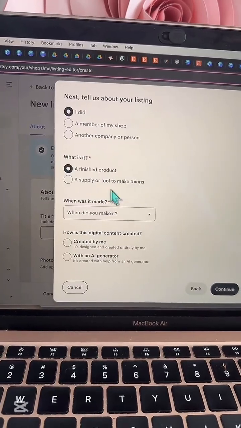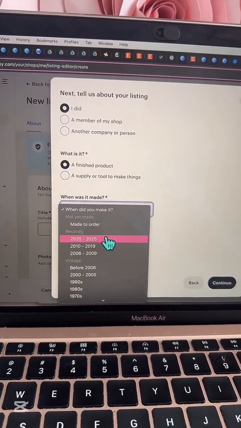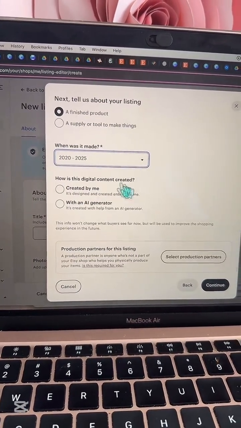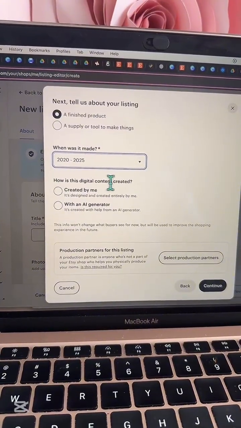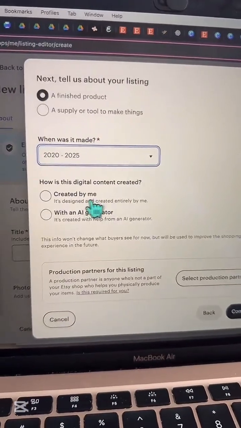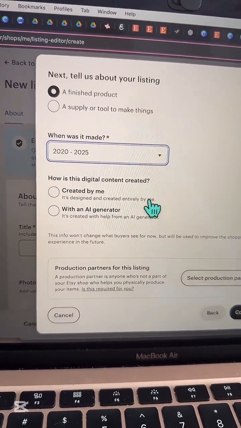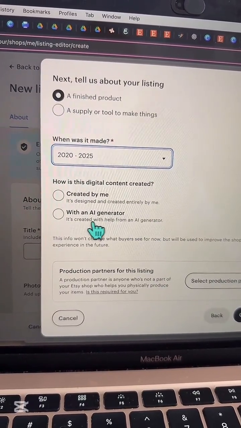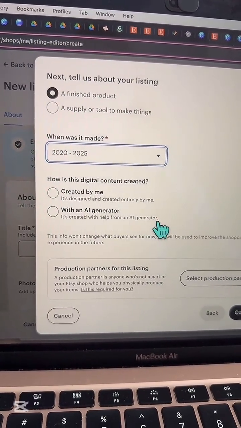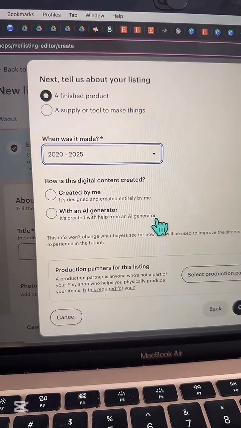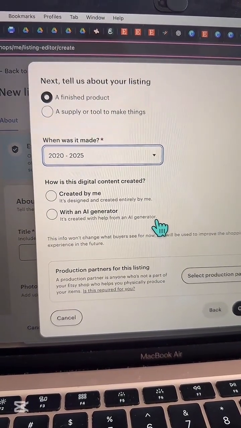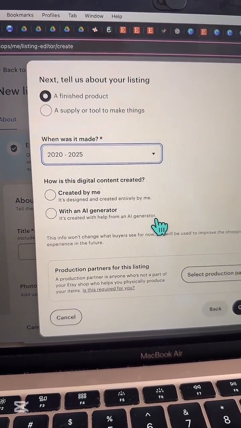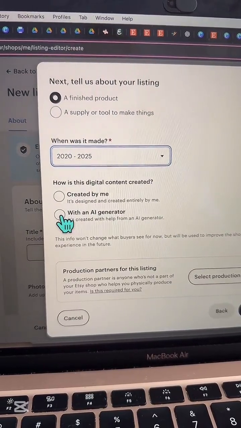When did you make it? Whenever you made it. How is this digital content created? Created by me. It's designed and created entirely by me. Or with an AI generator. It's created with the help from an AI generator. We create a lot of stuff with AI generation, and Etsy's fine with that. We also do a lot of editing with our images. So you would just say if you used